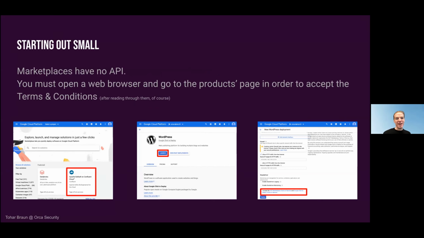Anyhow, even after we decided to scan all the things, we figured we should start out small, just to test the waters and see how the flow of the data would be. So the first order of business was to figure out how to subscribe to marketplace products automatically, which already hit our first bump in the road. Marketplaces have no APIs. You have to browse to them with a browser, read through the terms and conditions, click accept, wait for the cloud provider to process your acceptance, and only then can you go through the configuration process